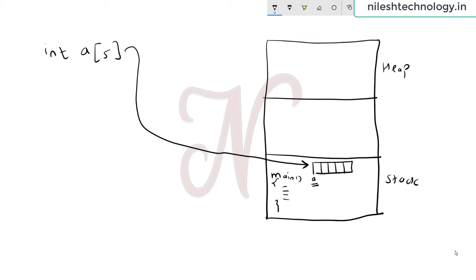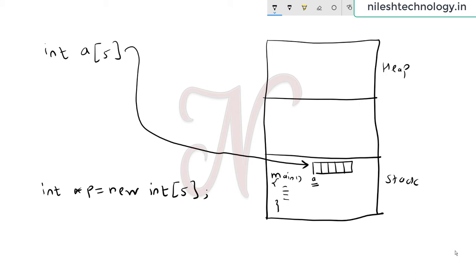If you want to create an array in the heap area, then we should take a pointer. For example, if my pointer name is p, then p is equal to new int of 5.